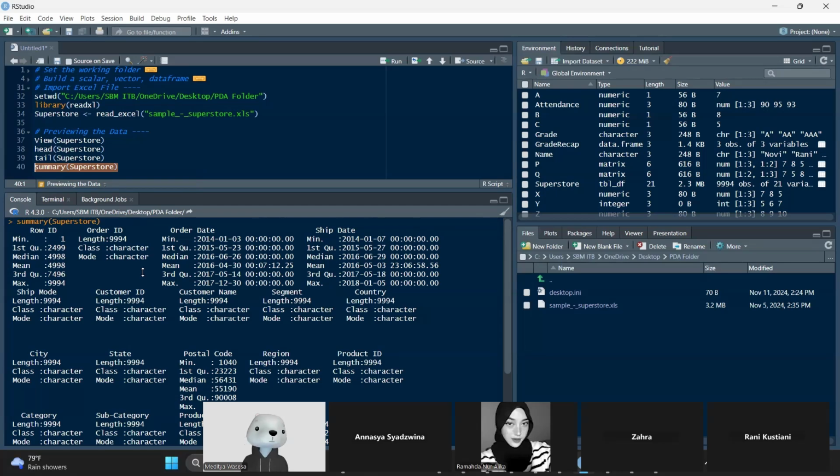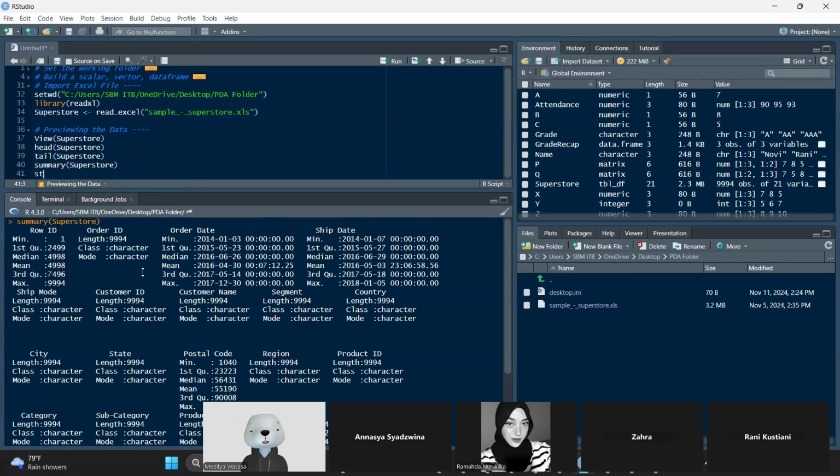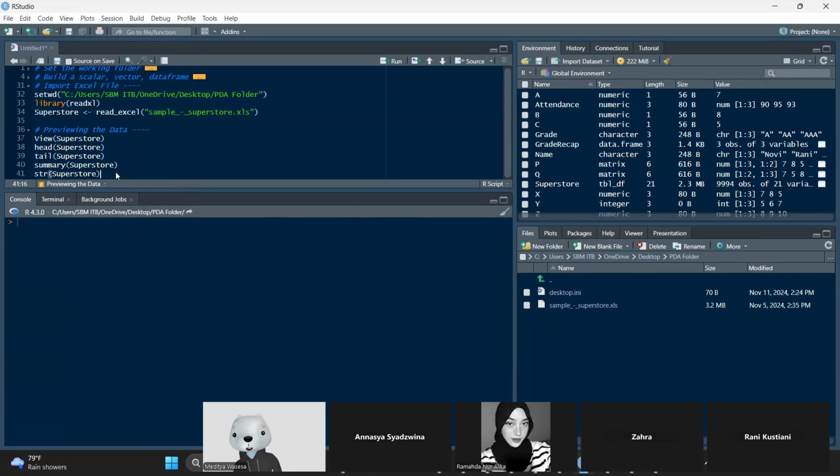This is just for previewing the data. If you want to make it clean, you just click the broom symbol in the upper right corner, so it becomes clean.